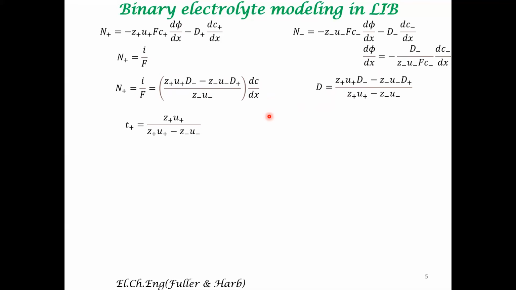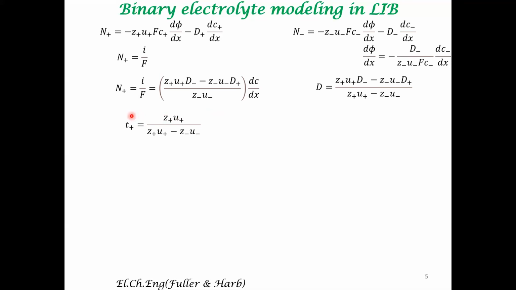Let us use the definition of transference number, even though we define the transference number for a system that has no concentration gradient. We are going to use a form of the transference number definition for this situation too. In this problem there is a concentration gradient. Even though we can define something like an average concentration, there are concentration gradients for this system, and you can define something like a transference number. It has certain utility. Let's see what is the utility.